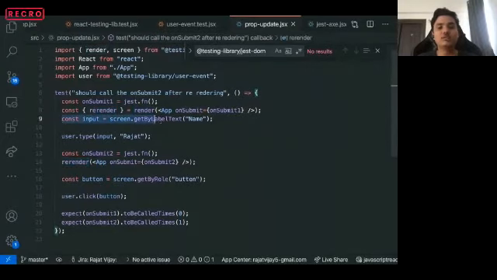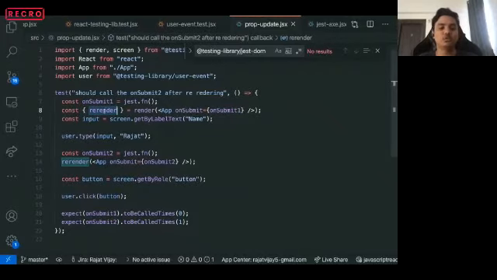So I query the input element, I enter the text in it, and then I re-render that component with a different submit function this time. When I click on the submit button, it should call onSubmit2 once and onSubmit1 exactly 0 times. So to render a component with updated props, you just use the re-render utility provided by React testing library.